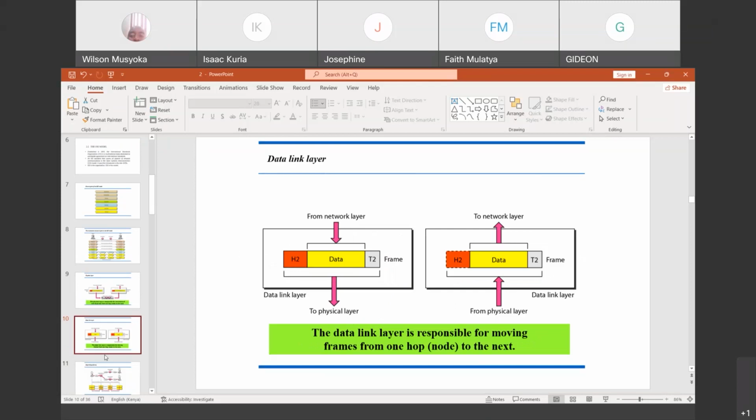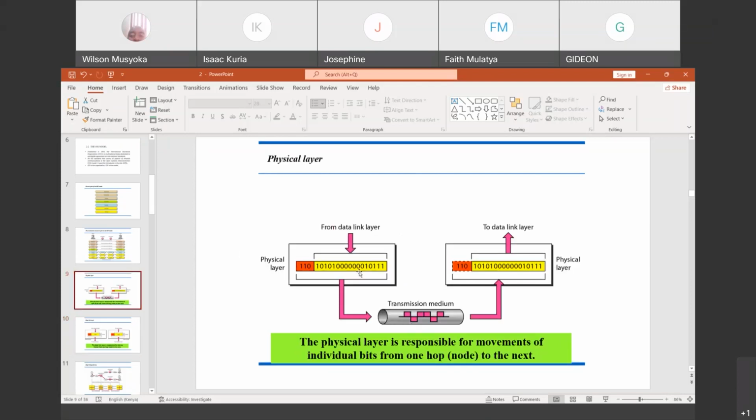So at the physical layer, where encoding takes place, here is where we are talking about encoding, whereby if it is one bit, because the computer understands the language of ones and zeros. So we are saying a bit may be converted, and let's say we are using the cable for transmission.